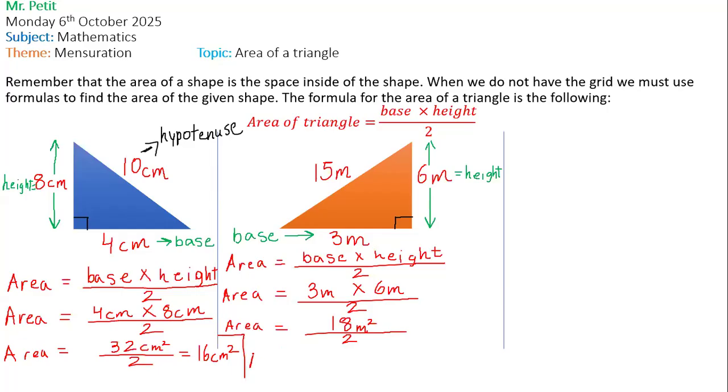Be careful, 18 divided by 2. It's the other way around. So simple stuff. 18 divided by 2 is going to give us what? 9 meters squared. Very good. Any questions on this? Let me know. Why do you always square it? Oh, because we're dealing with area. Area is always units squared. So remember, perimeter is